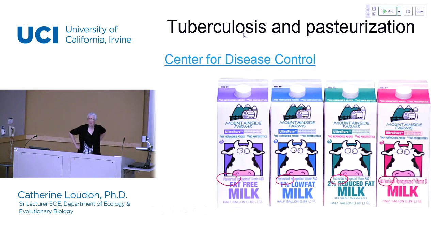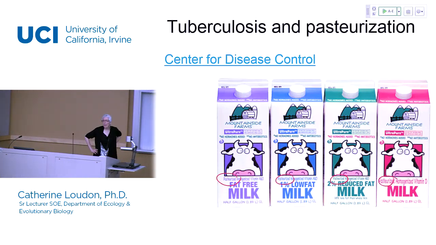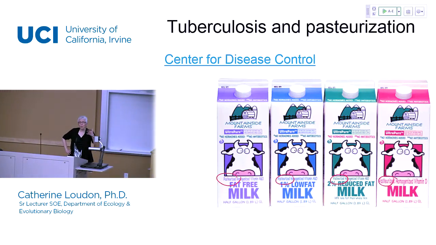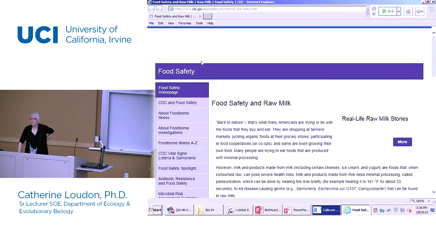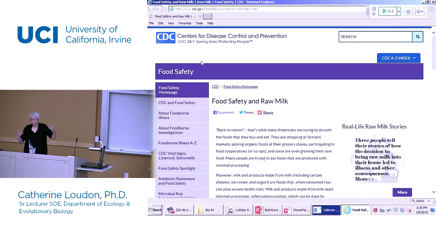But how does this relate to tuberculosis? How does tuberculosis spread? It's a respiratory disease, and so it's extremely contagious. If you're talking to somebody who has tuberculosis and they cough, you can catch it, okay, the airborne bacteria. So it's extremely contagious compared to many other serious diseases. If we take a little field trip here to the Center for Disease Control, which is one of the most authoritative, best websites in the United States for information on various diseases,